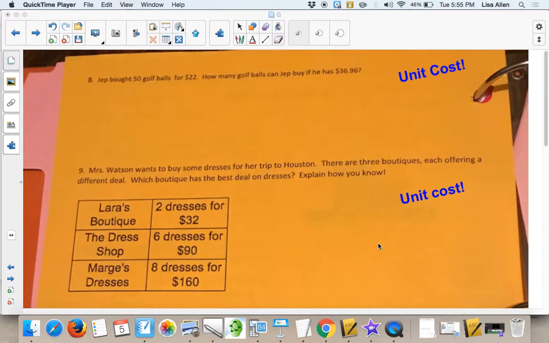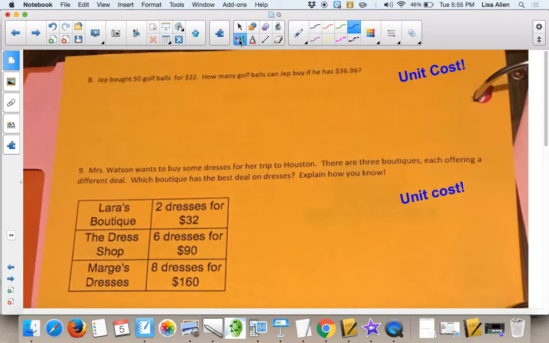So if you figure he has 22 dollars that he spent on 50 golf balls, if you say $22 per 50 golf balls,